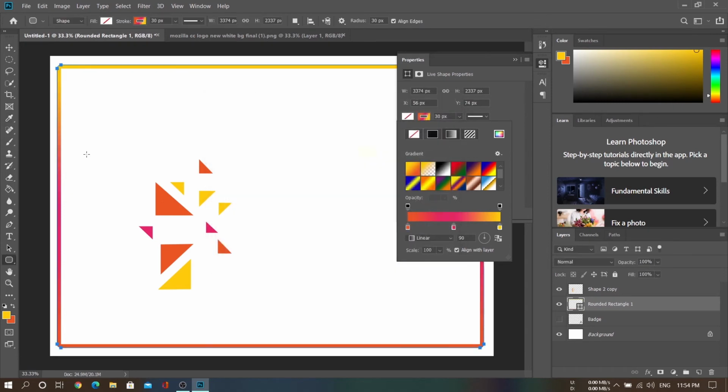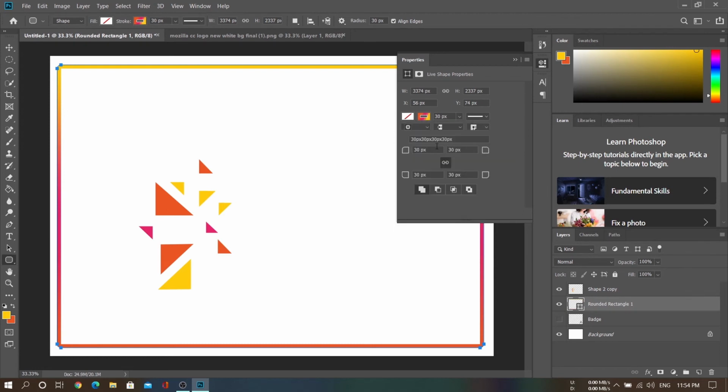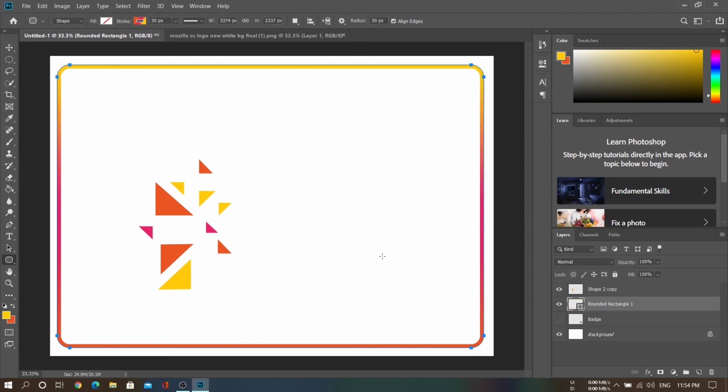So now we have made the border for our certificate. For the curvature, we are going to use 100 pixels. So this border looks nice. Press enter. Now we are going to